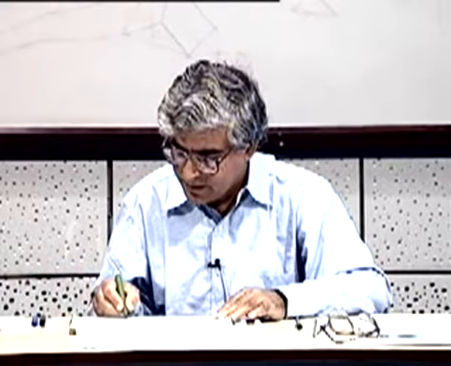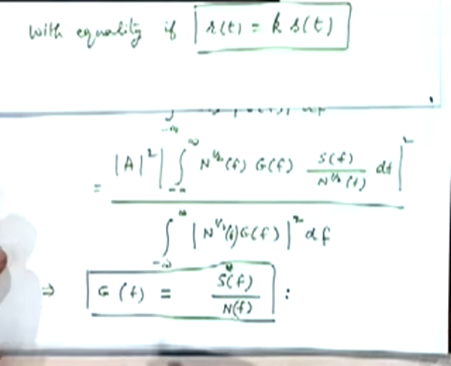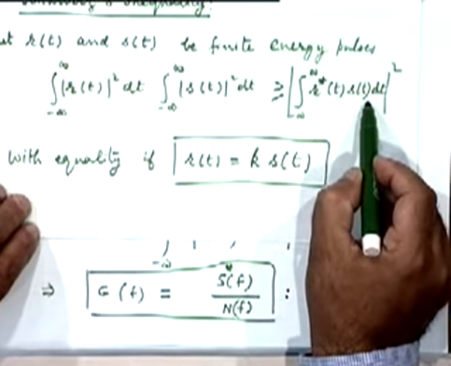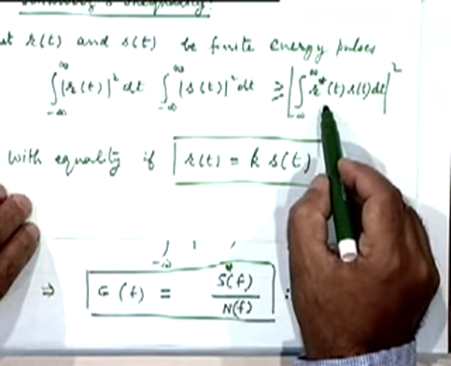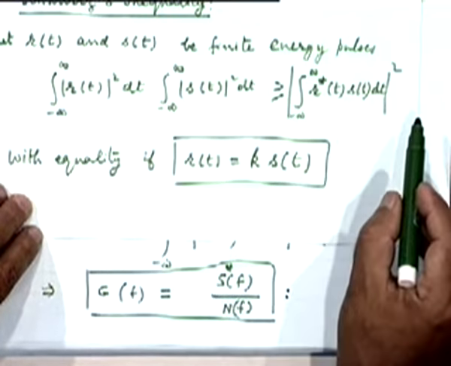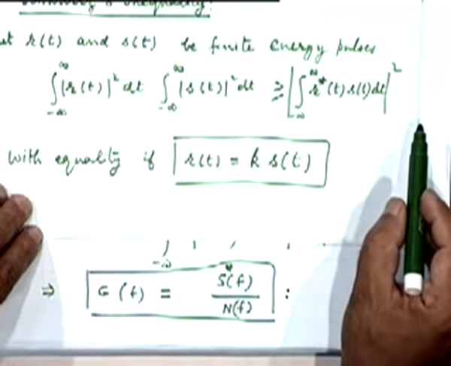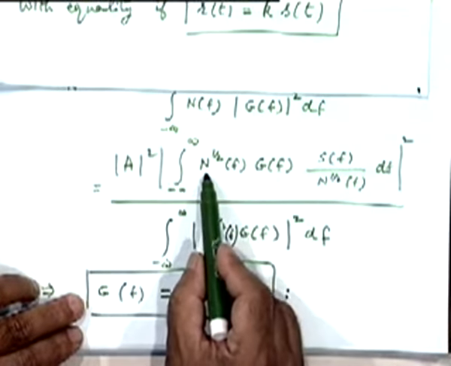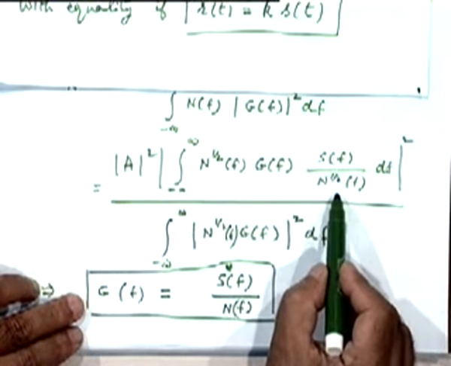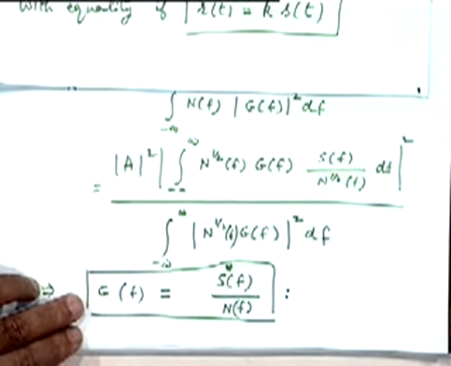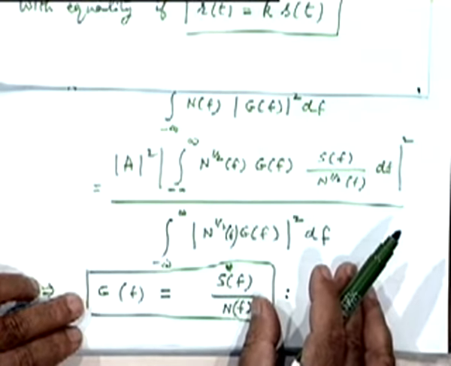Is it clear? You put S conjugate F over here. Yes, why? Because this result here says R conjugate T, S T. So one of them has to be identified as a conjugate function, the other as an unconjugated function. Yes, because root NF, I have combined that. Root NF at GF is equal to S conjugate F upon root NF, and then I have taken root NF to the other side, and finally we get this result.